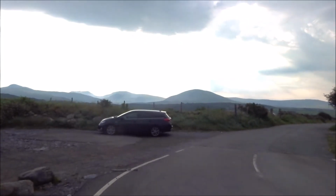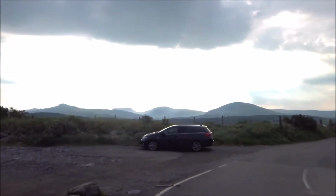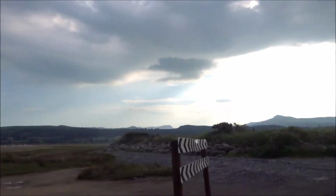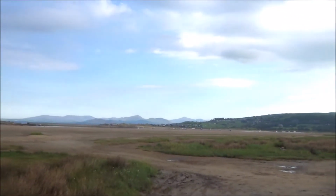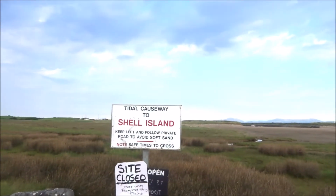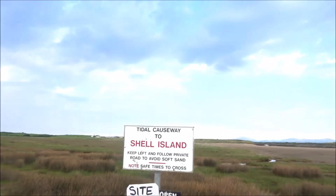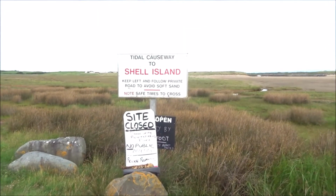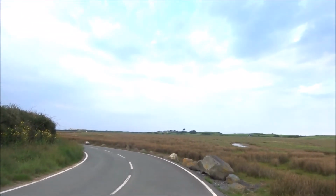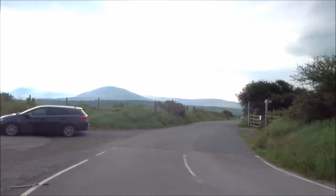Okay, this is a repeat of a walk I did at the beginning of the lockdown, earlier this year. It's a walk to Shell Island, which is closed. Most campsites have opened, but they've decided to stay closed. They're telling her that it's private property, but I'm hoping to do a circular walk and go down that private road